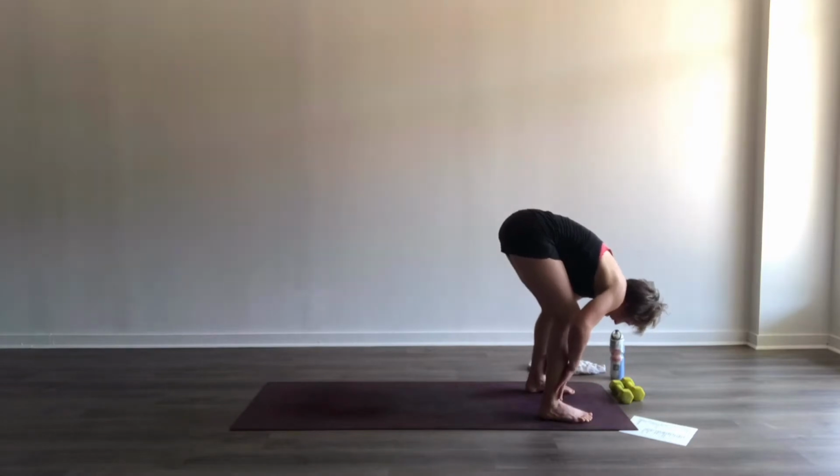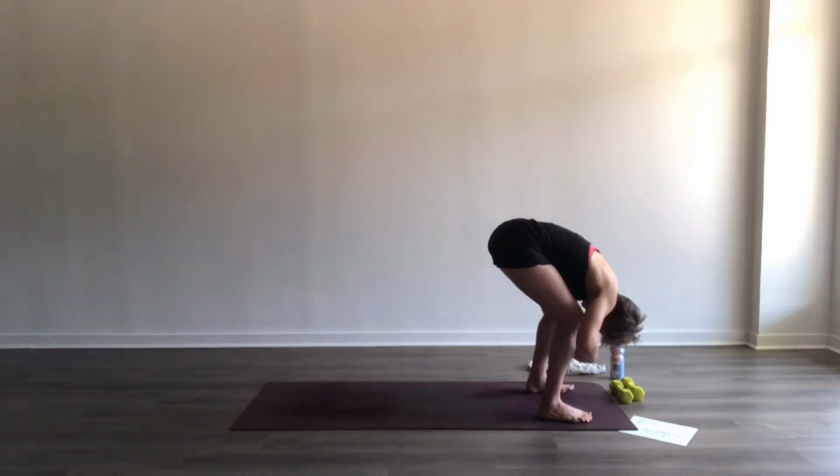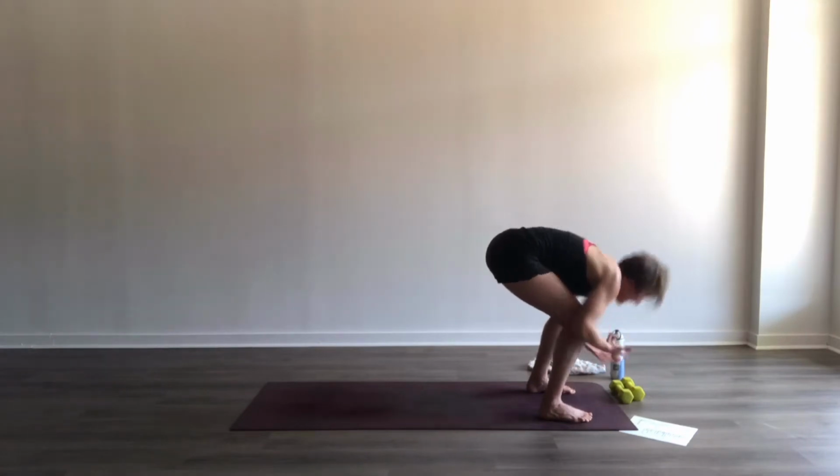Fingertips to the front of the ankles. As you inhale, halfway lift. So press through the feet. Chest is going to move forward. Lift it. Draw your shoulders back. Nice flat back here. As you exhale, refold, bend the knees, and then drive through the legs, come all the